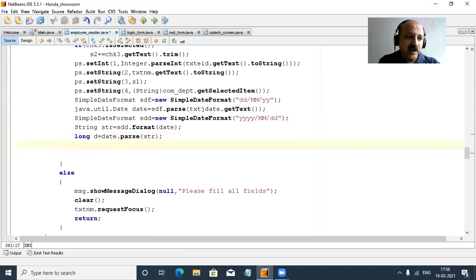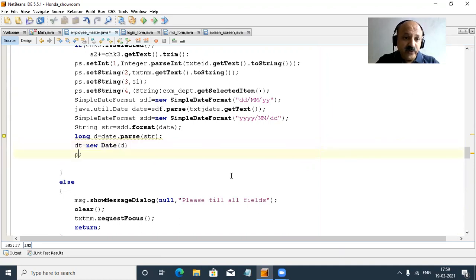Now we define dt in our global variable, which is a date, and we pass d. That long we again convert in the Date constructor by providing it to the constructor.